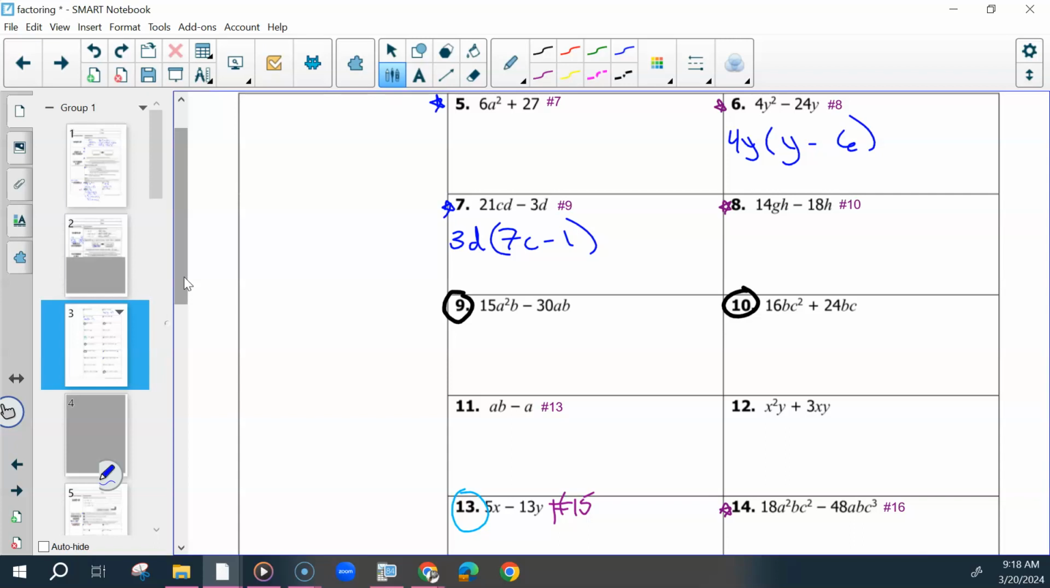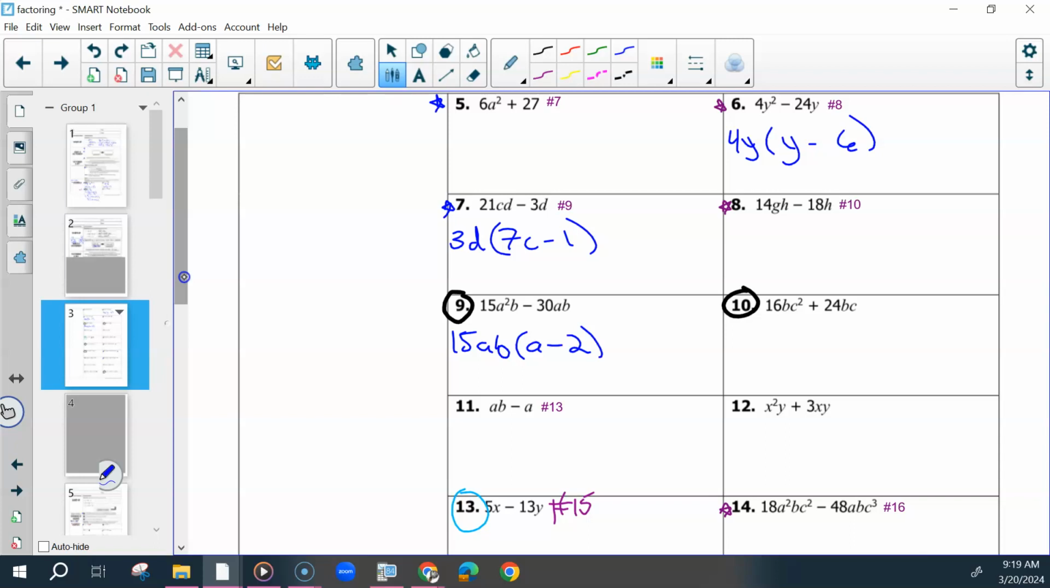Let's do 9. What do those have in common? Highest number that those have in common? 15. Do they have anything else in common? a and b. 1a and 1b, so divide both by 15ab. You're subtracting your exponents when you're dividing. What's left? a minus 2. Plus,